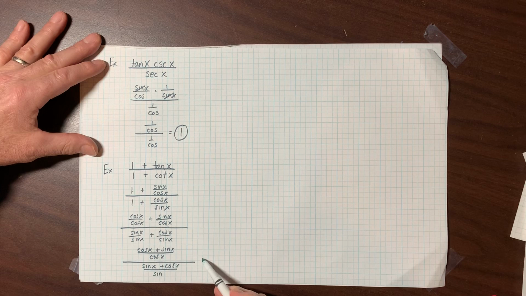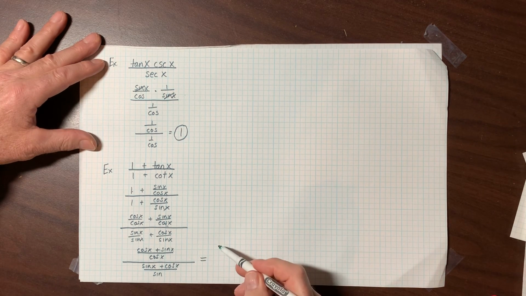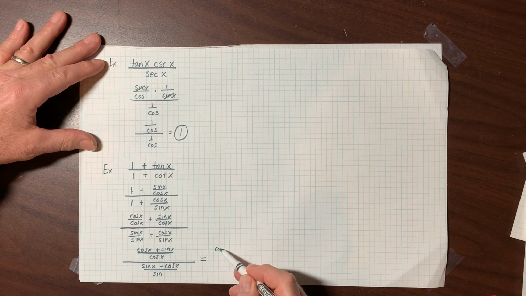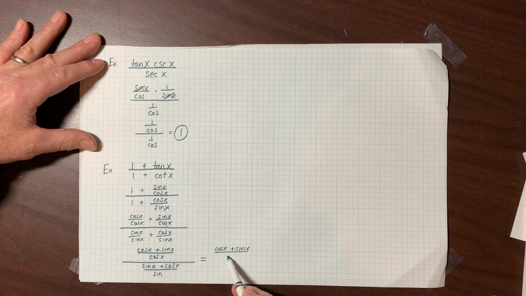Now I'm at the point where I'm going to multiply by the reciprocal. So I'm going to have the cosine of x plus the sine of x over the cosine times, and I'm going to take the reciprocal of the denominator, and that would give me a sine of x over sine of x